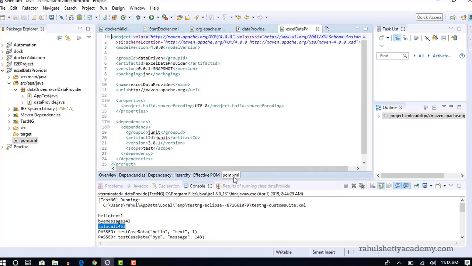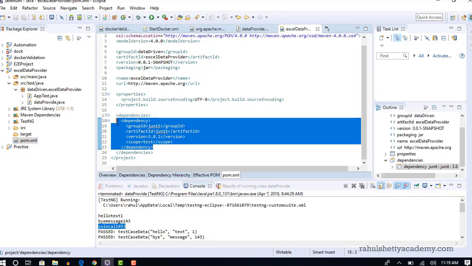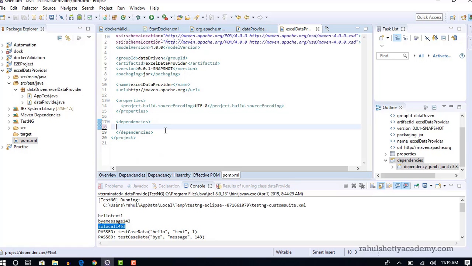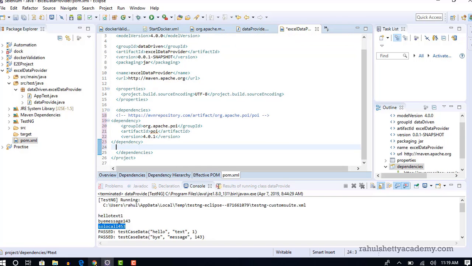So I think we have already added, I think we can remove this JUnit. We are fully dependent upon TestNG, right? So you can get rid of that JUnit, and this is one you need to add, and the next one